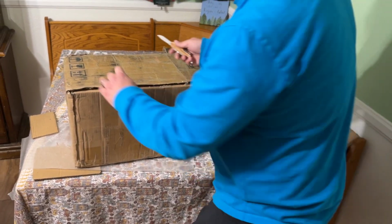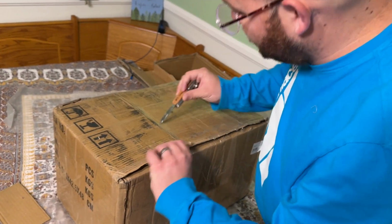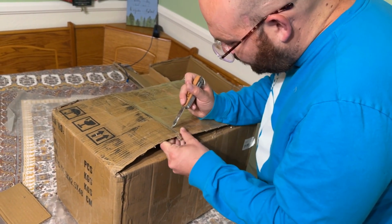Okay. Now you find the other edges. This is an invented edge, right down the middle here. You can see the cardboard has a seam. Look at this. It's like a third of the way that way. It's because they reshape the boxes per the needs, and they...